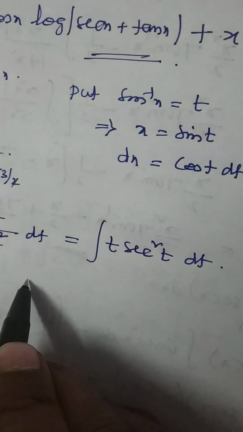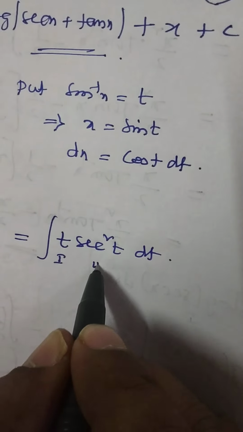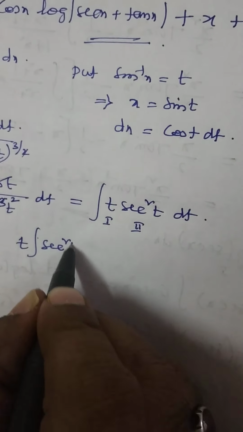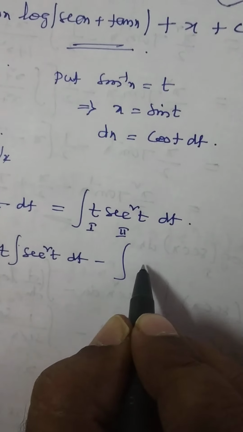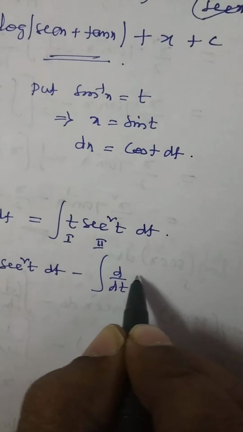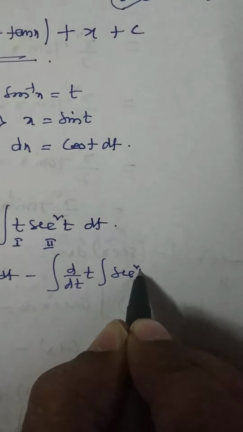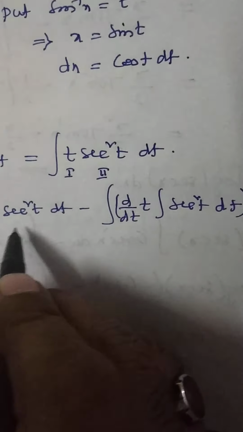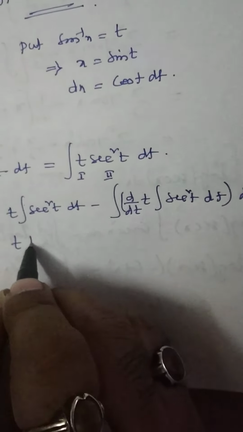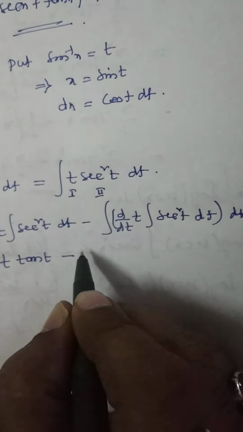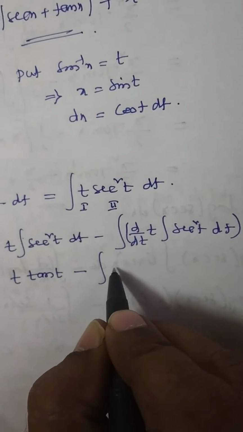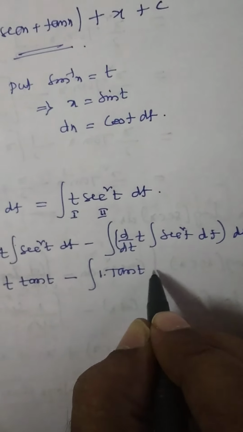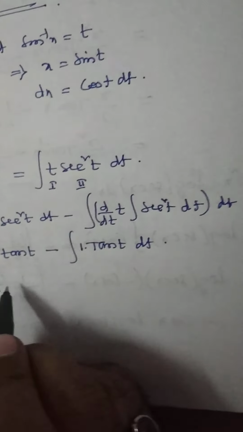So I am taking this as the first function and this as the second function. So t into integration of secant square t dt, minus integration of d by dt of t into integration of secant square t dt, again whole dt. Okay, so t into the integration of secant square t is tan t, minus integration of t differentiation, which is 1, again the integration of secant square t is tan t, dt. So t tan t,